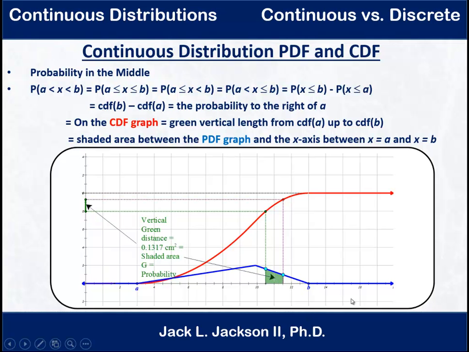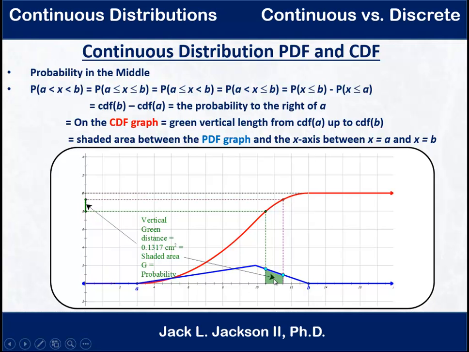Okay. Now, how can we see that on the CDF graph? Well, remember this purple length from the x-axis up to this point is the cumulative probability up to whatever that x is, B, 11.5. So that's the probability that x is less than or equal to 11.5. Well, what about the green distance from the x-axis up to this point here? That's the CDF of 10.5, and that's the probability that we have less than that. So how would that correspond to areas down here on the PDF? So these are just y values on the CDF. So this y value at the right on the CDF is the probability less than 11.5, which would be this green area and this other area here, everything to the left. But if we subtract off this unshaded area right in here, which is from 10.5 down,